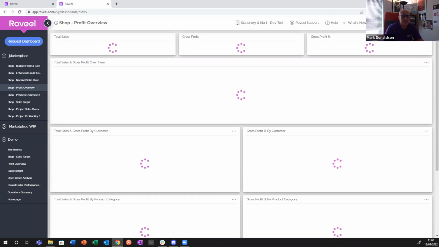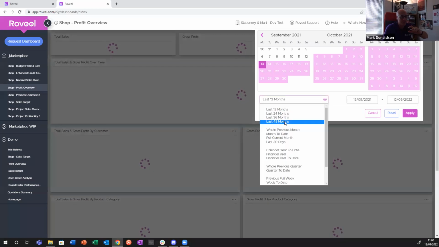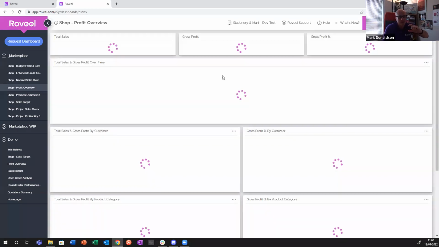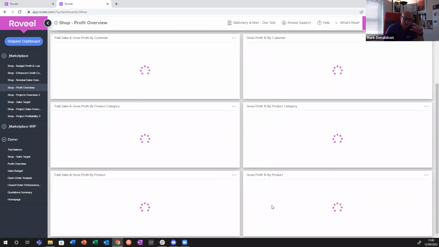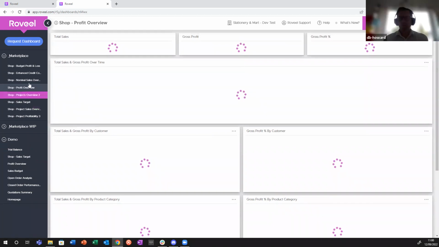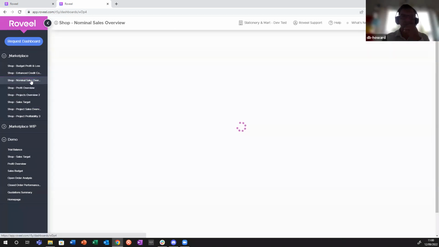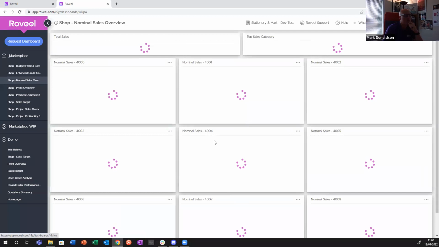And pull through. I don't think there's any data on this one, but in terms of a profit overview by individual, you can look at profitability by individual customer, and then look at the gross profit by product category, by customer level, and at individual product level as well. I think my demo doesn't have any data on that, but one thing that I've talked quite a lot